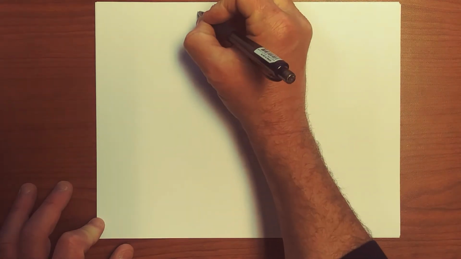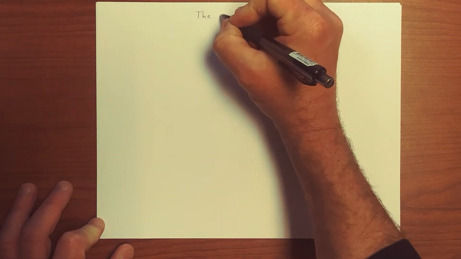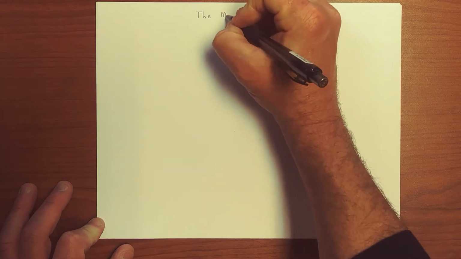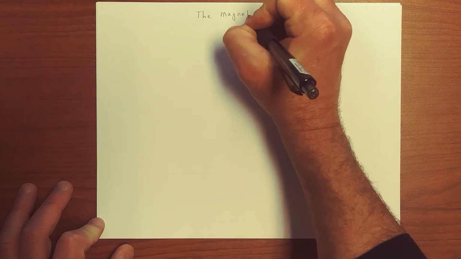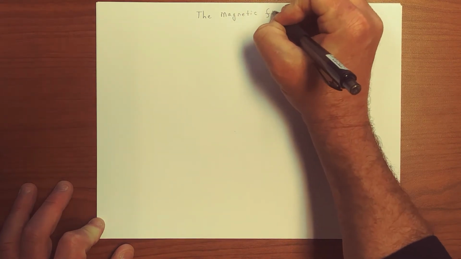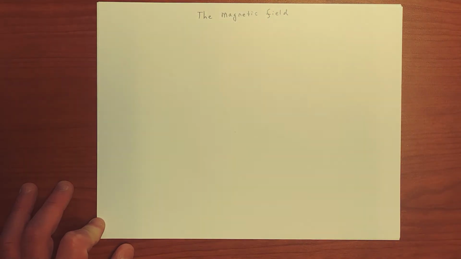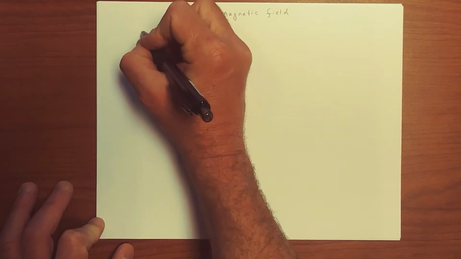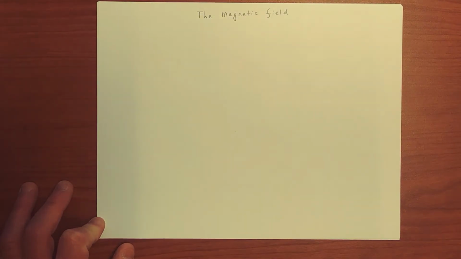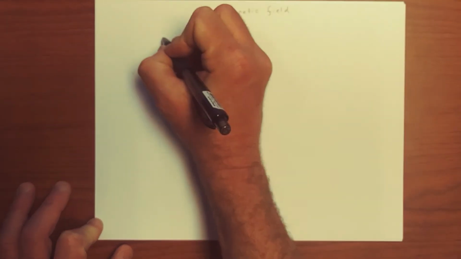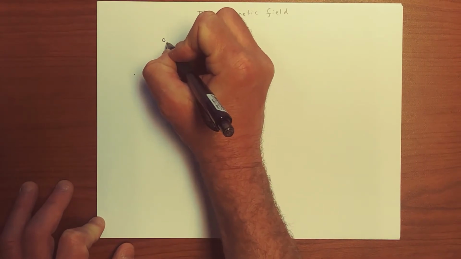Okay, so let's move on to the concept of magnetic fields. And just like we did for the electric field, we started with the concept of electric force. We're going to start with the concept of magnetic force. So we're going to pretend to do some experiments, and we have charged particles of charge Q naught, let's say,